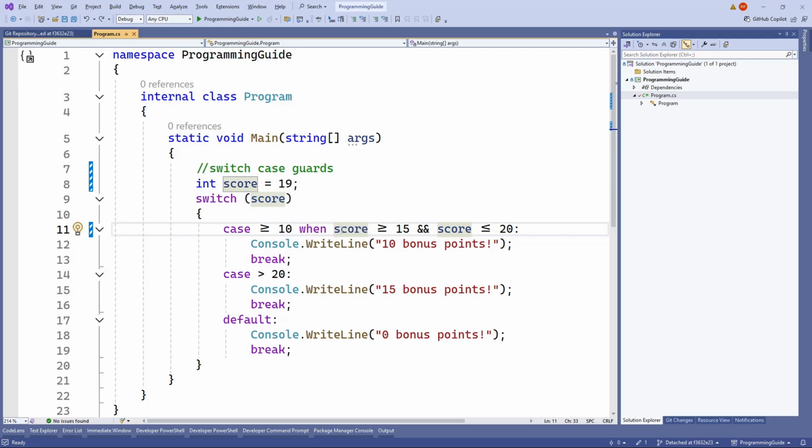All right. Now with the case guard, it has to be a Boolean expression. You can have multiple comparisons within your case guard. So in this case, our case has this comparison or pattern match against a constant of 10, which then would proceed with our case guard. So if our score is greater than or equal to 10, then we also need to satisfy our case guard